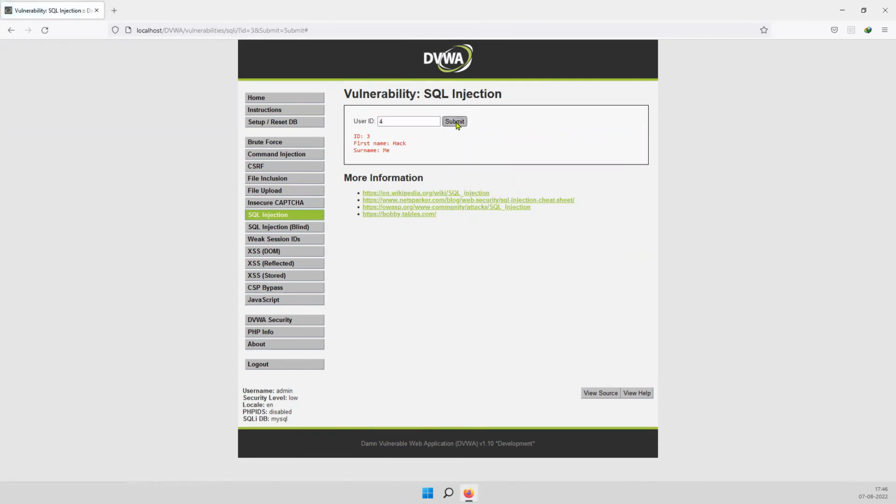For the fourth user, I'm putting the ID over here and I'm able to get his name and surname. For the fifth user, I'm putting the ID and getting these things. So can you imagine what would be configured on the back end, based on which I'm getting all this information?